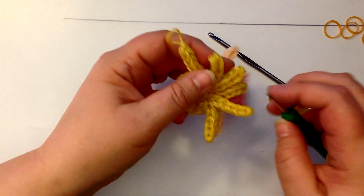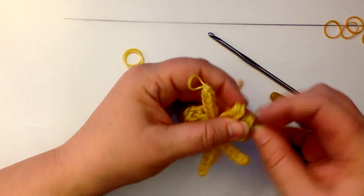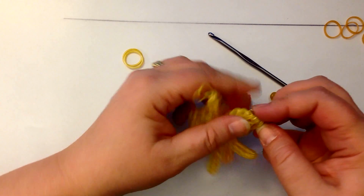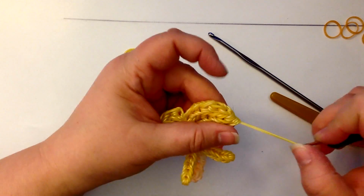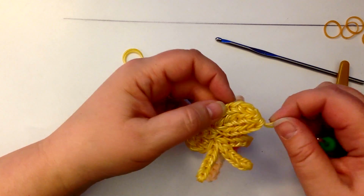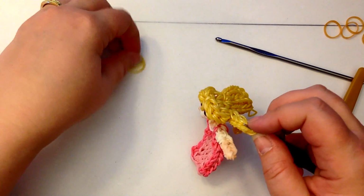I'm then going to go through another two, so one of the center ones and the one next to it, and draw that band back through them like that and just leave it hanging out here. I'm going to do the same this side. Take a single band